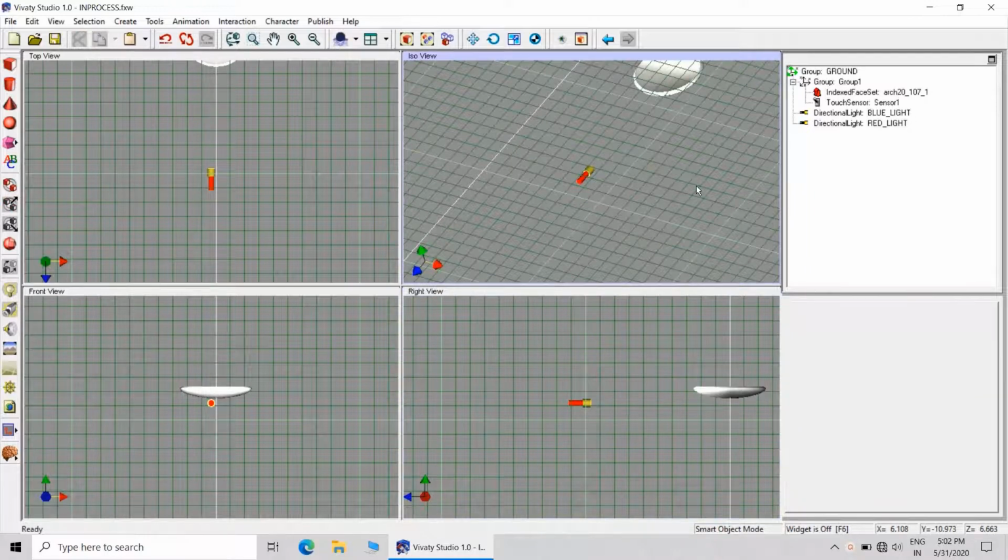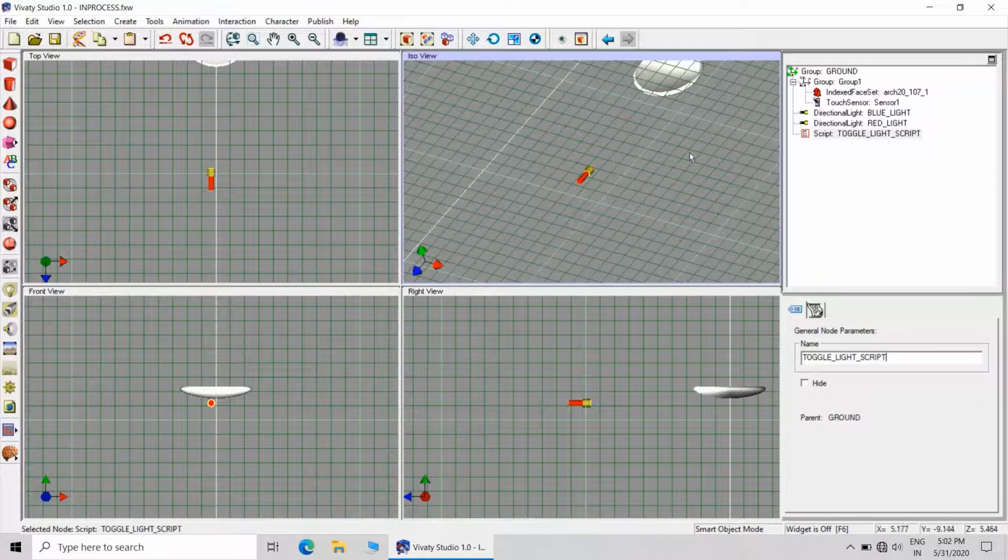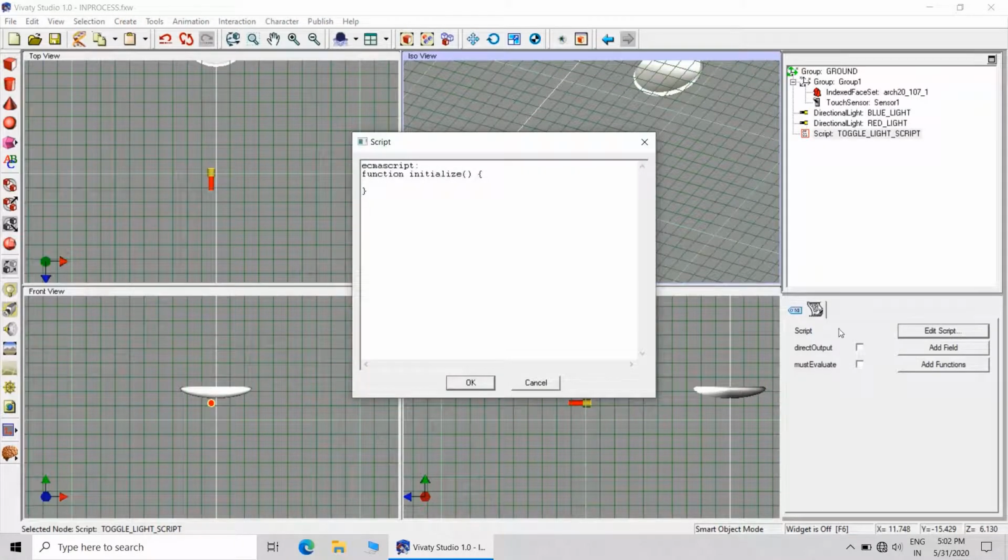Okay, now we will be creating the script, and in the script I will require some 5 fields. We will call this script toggle underscore light underscore script, so that it can be easily identified.